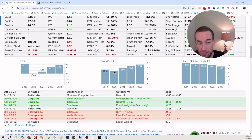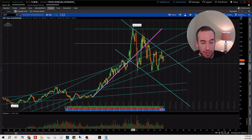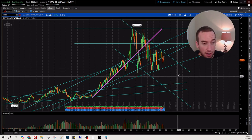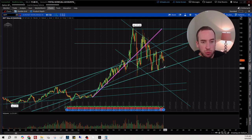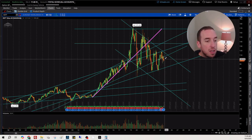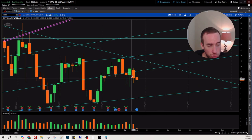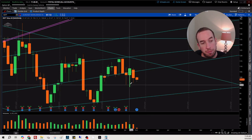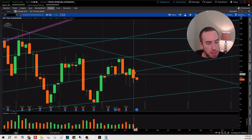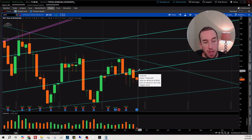We see 2019 at 2.75, 2023 3.6, but 2024 we're at 3.8 billion. I think the company has done better, and I think this is a discount. This is at a discount. I think in a realistic world, we could see this come back down to $80 as a test of support. However, in my mind, we had extreme buying here, really. So we could see, I mean, we can't tell the future, but we want to see this break up above